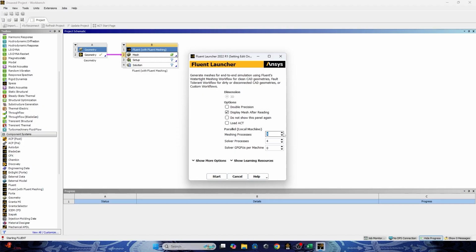Because I have a high end notebook, I will do 6, but usually you can go for just 4. But if you have high end specs, you can go more than 4 to speed up your calculation. After that, just set as default and then go start.